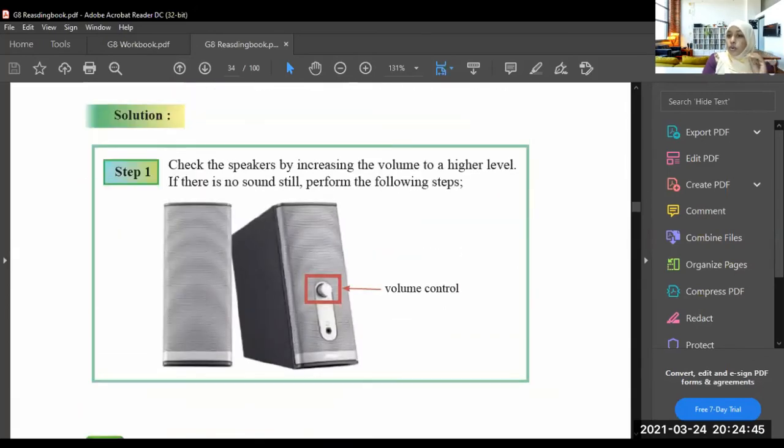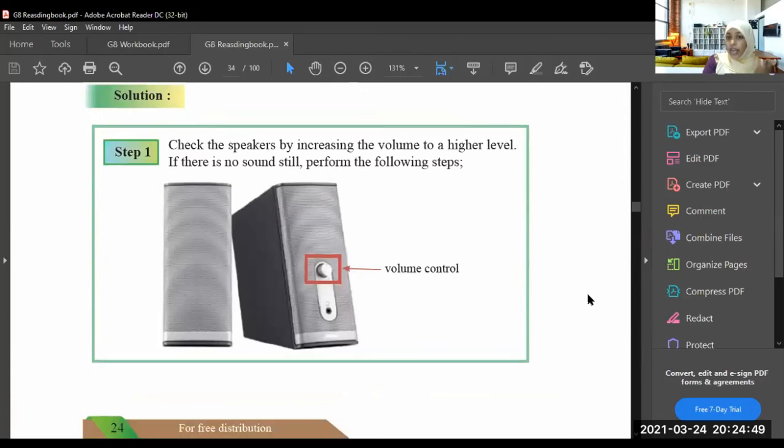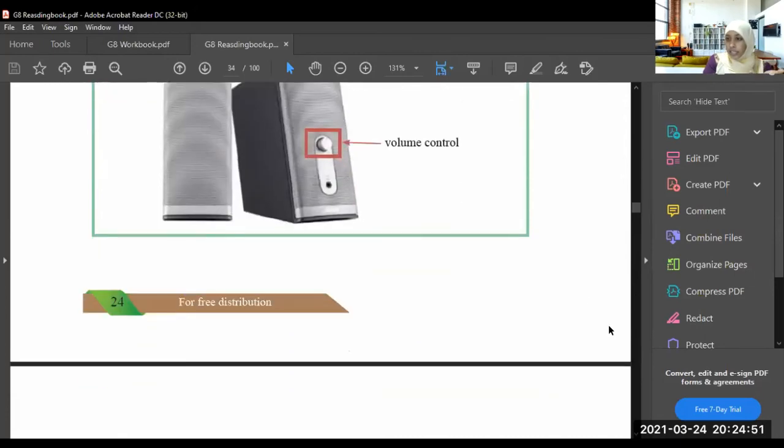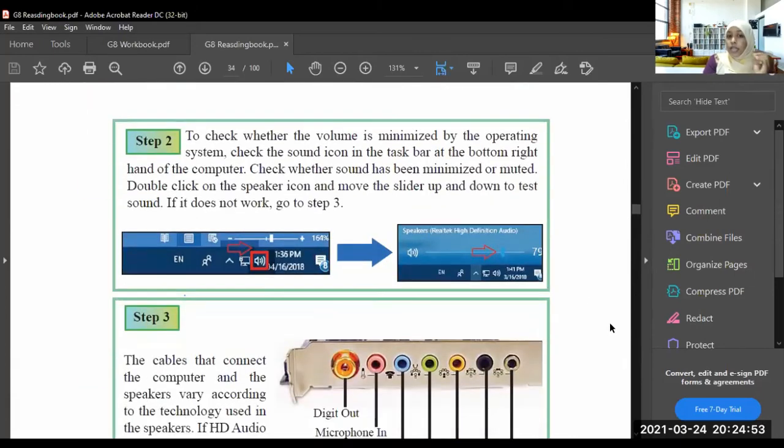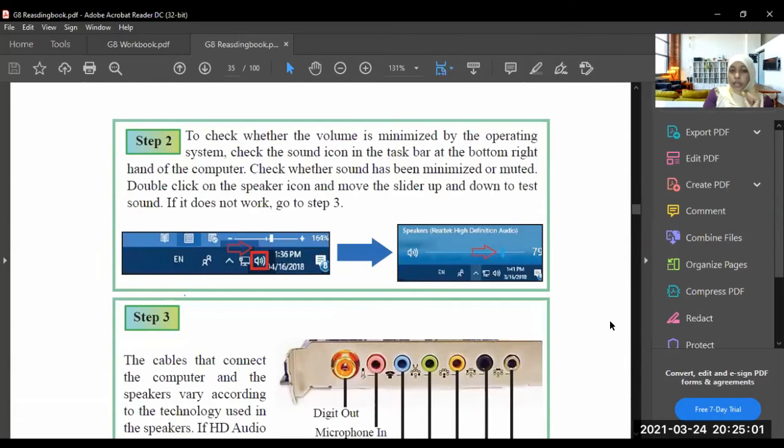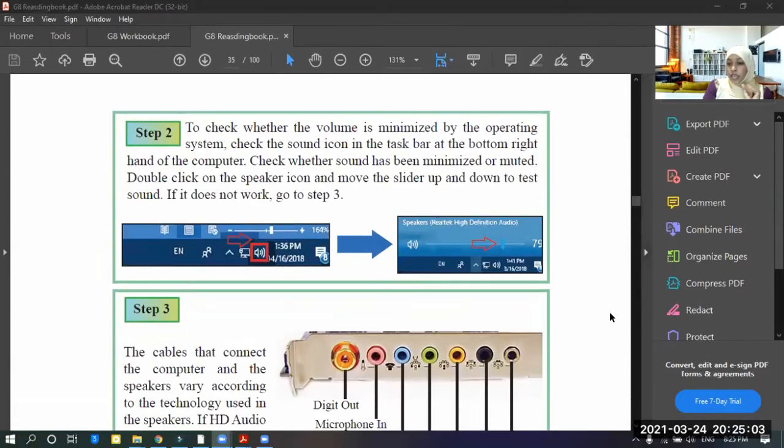Even if you increase the volume control and still you can't hear sounds, then check the computer's audio setting. I will show you the computer's audio setting. In Windows, on your right side here, you can see a small speaker icon, right? See?